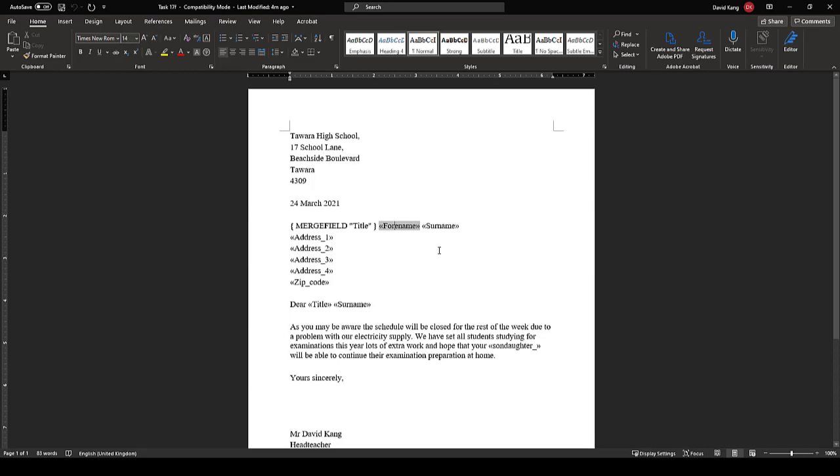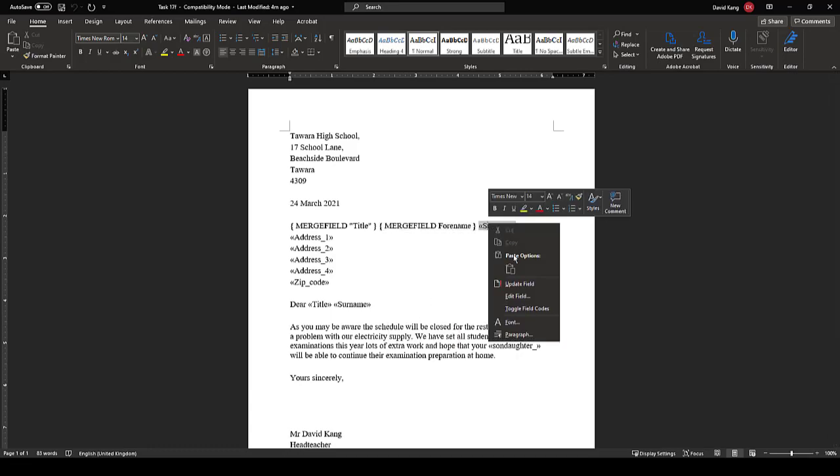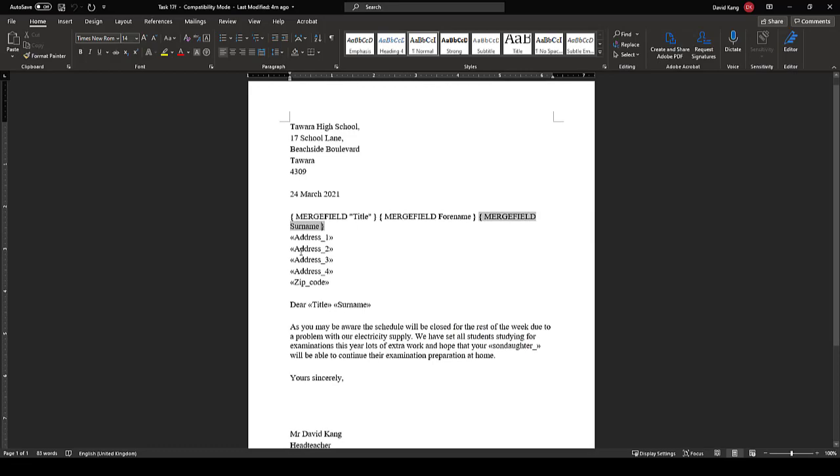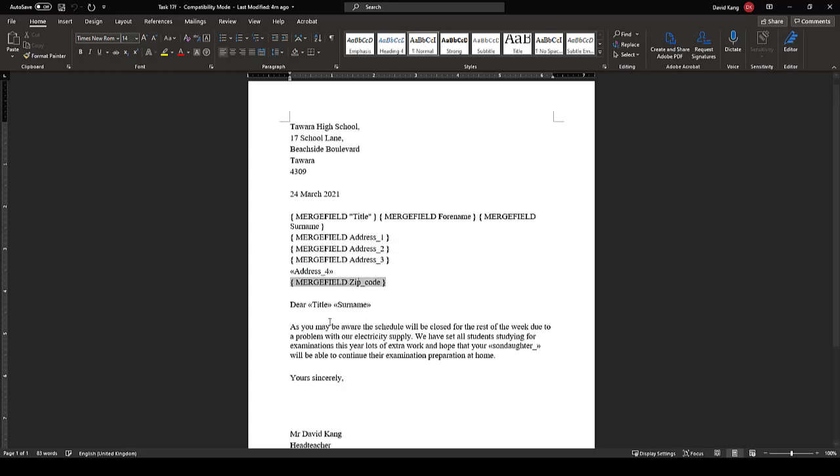The part just now in the textbook is just a way in which the IGCSE exams may want you to show evidence that you coded this. So you've got to make sure all the chevrons are being converted back to this kind of format by selecting Toggle Field Codes to show that you actually did this correctly. So just do that